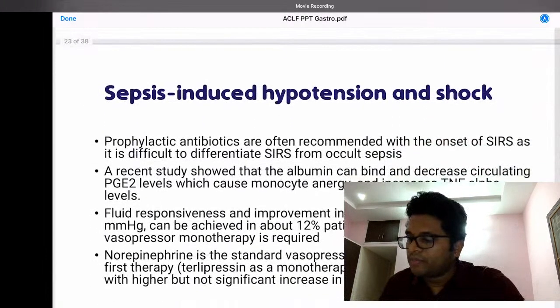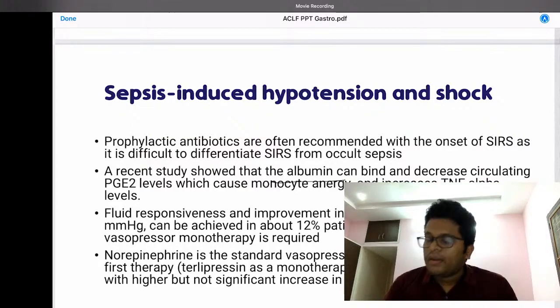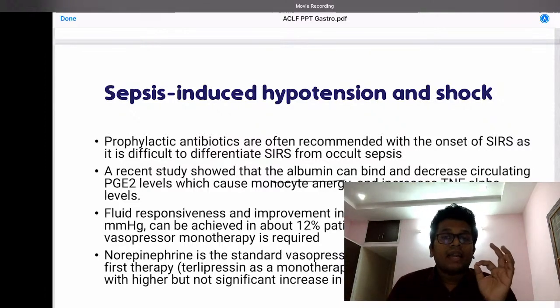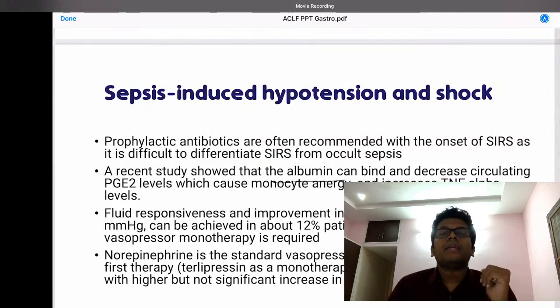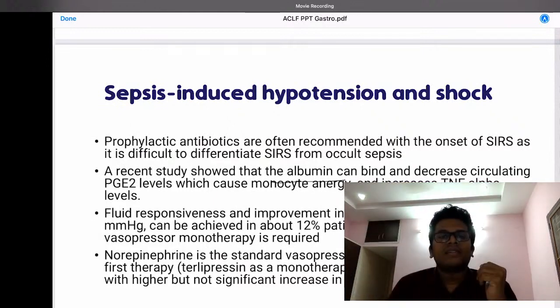Next comes sepsis-induced hypotension and shock. Now, prophylactic antibiotics are recommended at an early stage. Now, in sepsis, it has been shown by some studies that albumin can play a good role in decreasing the circulating PGE2 levels, which can increase the TNF alpha levels and may help in decreasing monocyte anergy and increase the responsiveness of our immune system